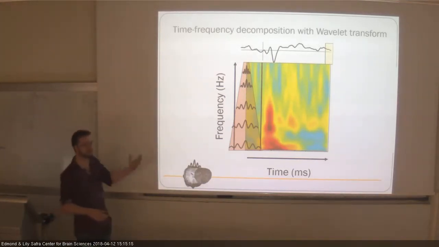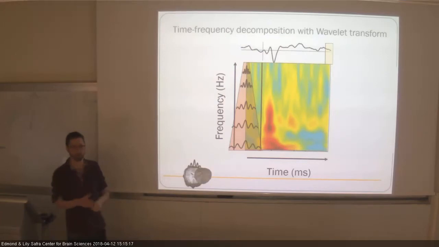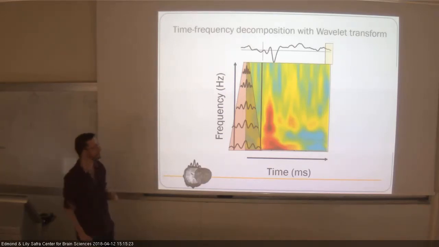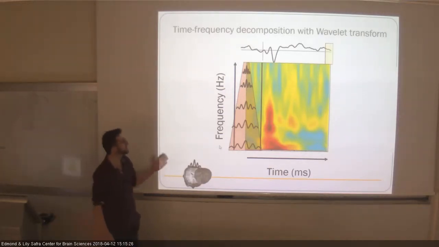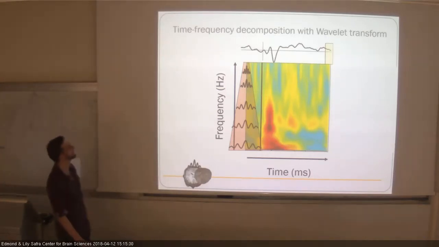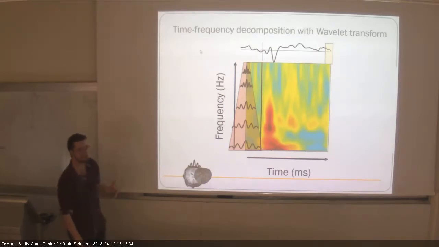This is because what is kept constant is the number of cycles, or the width of the Gaussian in terms of cycles. And this means that the higher the frequency, the shorter the wavelet function. And this is desirable because